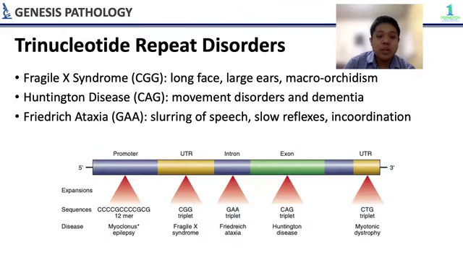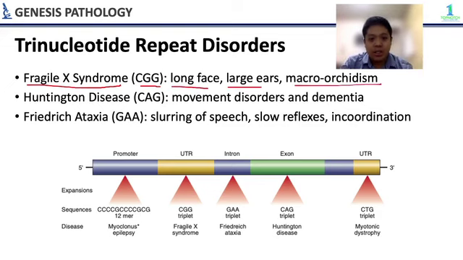Next, you have your trinucleotide repeat disorders. Yung mga repeats na to, kapag pahaba sila ng pahaba as each generation goes on, palala ng palala. First you have Fragile X syndrome. CGG. Ang pag-remember ko dyan is CGG yung X, as in parang name. CGG yung X. Tapos, meron silang long face, large ears, and macroorchidism.